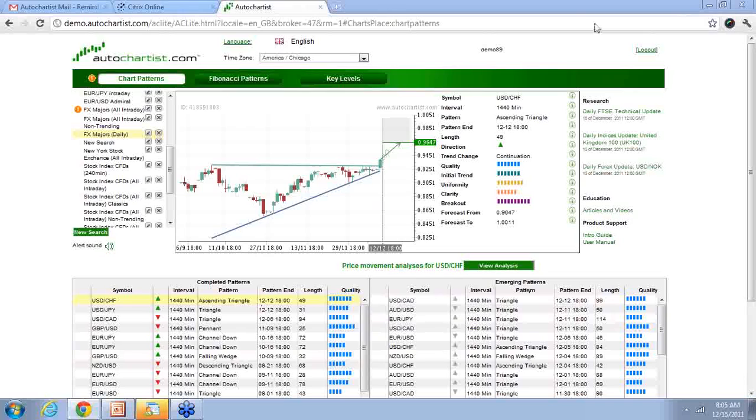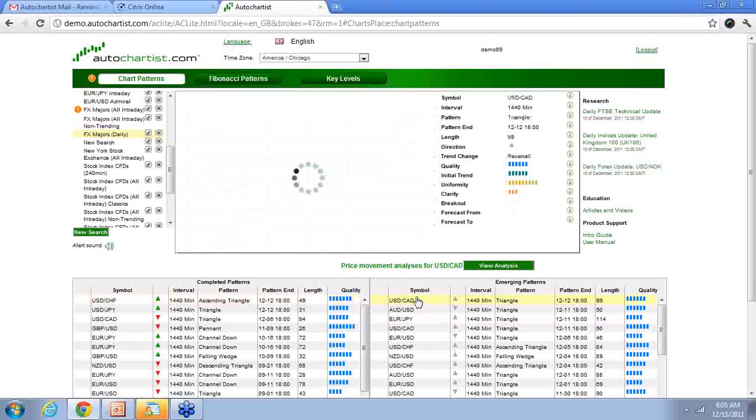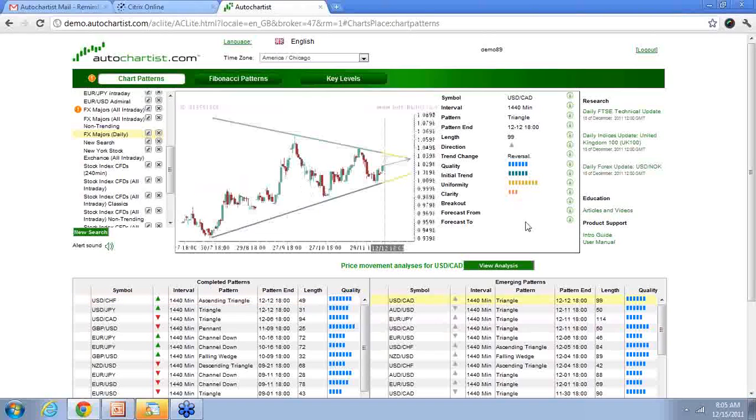Okay, and an emerging pattern is one that is about to take place, or the conditions are there for something to take place, but have not yet broken out. The main feature are these breakouts here, this completed pattern. But back here, when you get to emerging patterns, you can see that with an emerging pattern, like for this